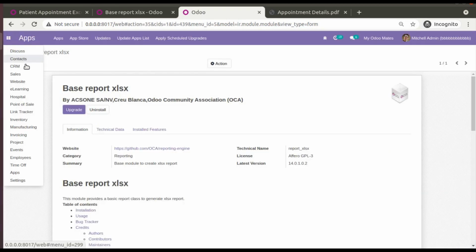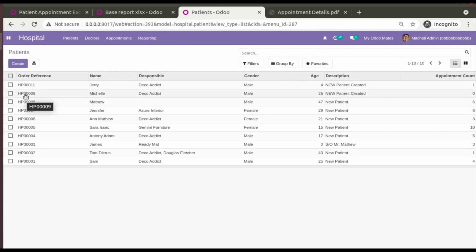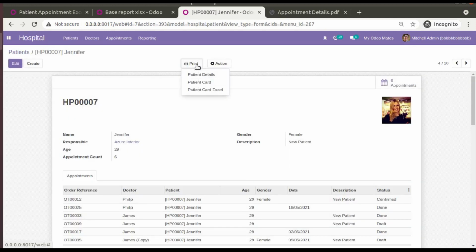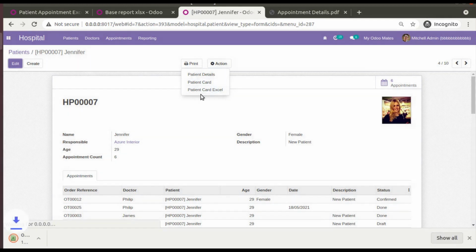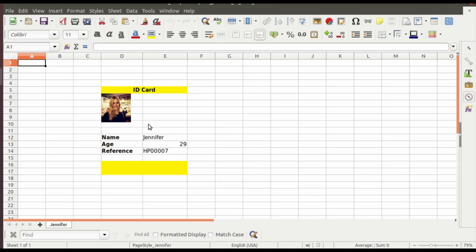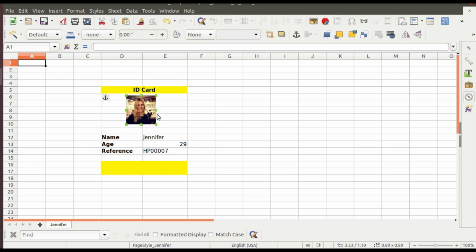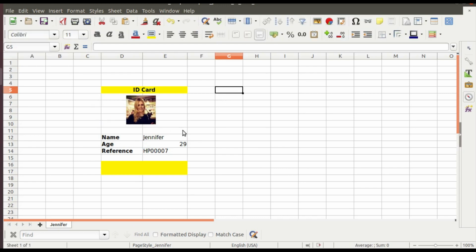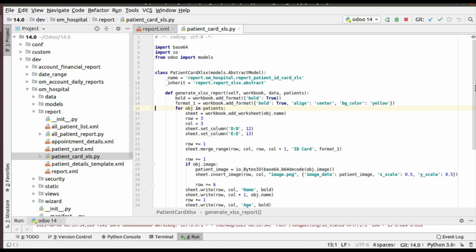If I go to the hospital, and here we have the patients, you can see here we have patient card Excel. If I click on this, you can see an Excel file is generated, and if I open it, it is still downloading, and you will get a patient ID card in the Excel format. So here we have the class that we have shown to generate that ID card.